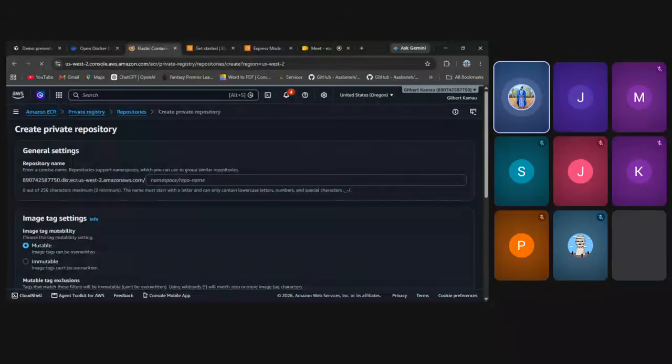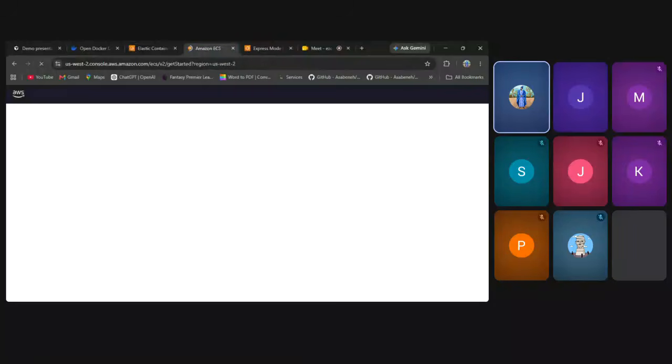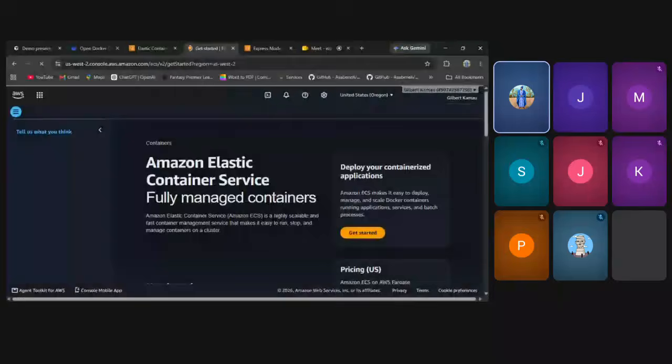For ECS, you have to toggle with the settings, okay? This is the ECR container registry, okay? This is the ECS, yeah. So this is the ECS.